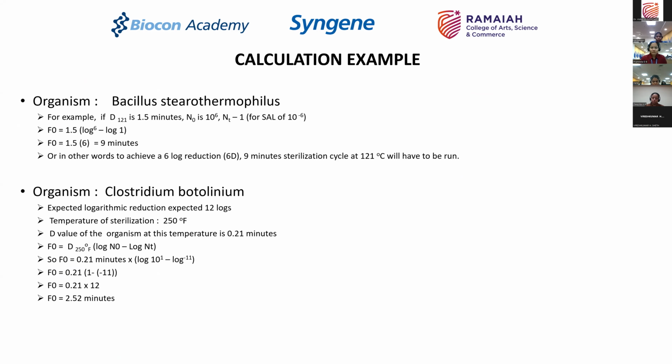I can also do another thing, which is change the temperature, right? So I can say that if I had 132 degrees centigrade, this D value would have been lower, could have been 0.5, could have been 0.75. So I should have achieved the reduction in say, again, maybe 9 minutes or 6 minutes. But now I am required to run the cycle for a long. So F0 is a determination which will say how long you have to run the cycle to achieve the required sterility assurance level